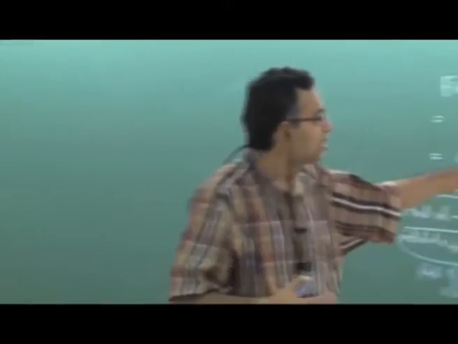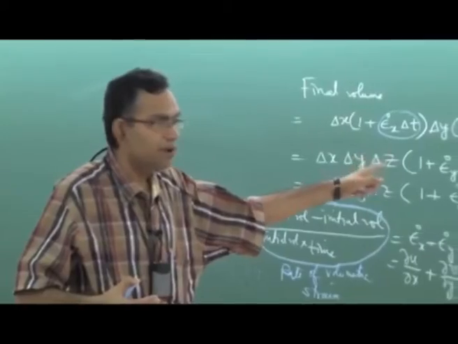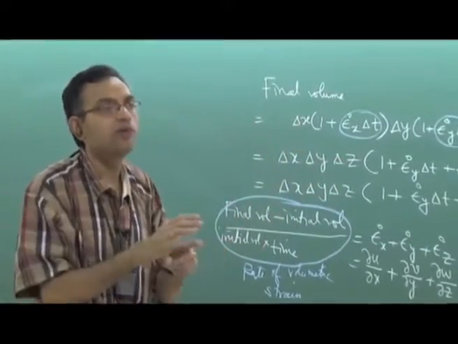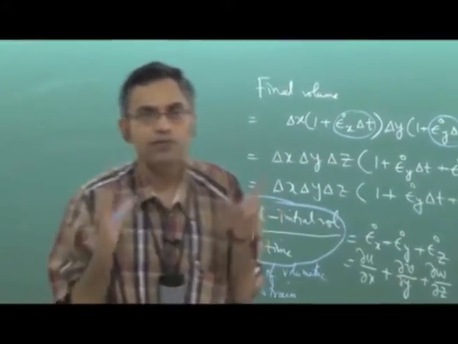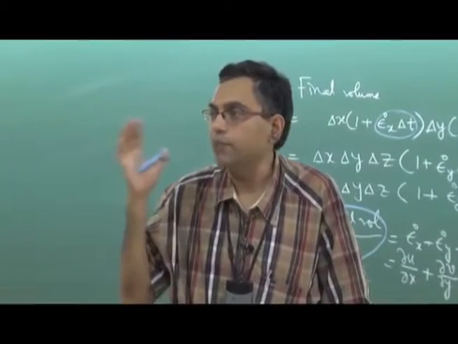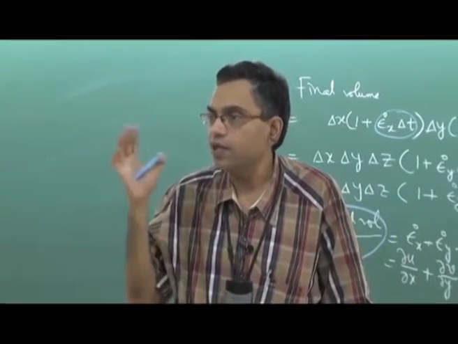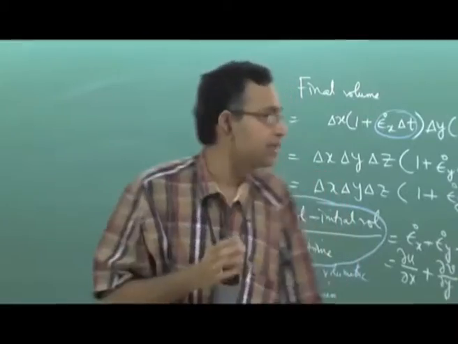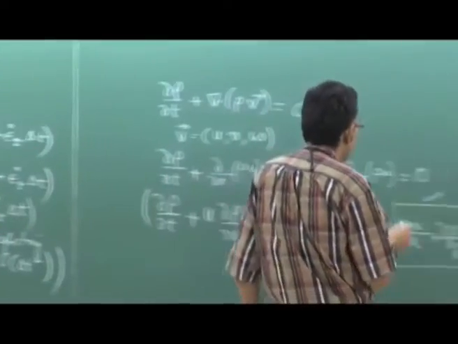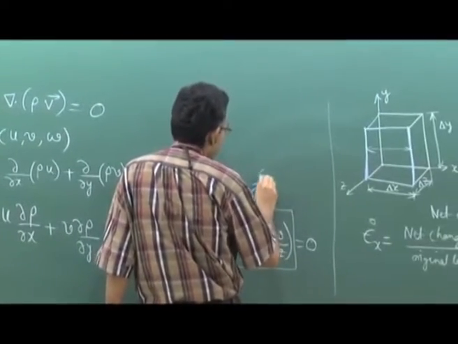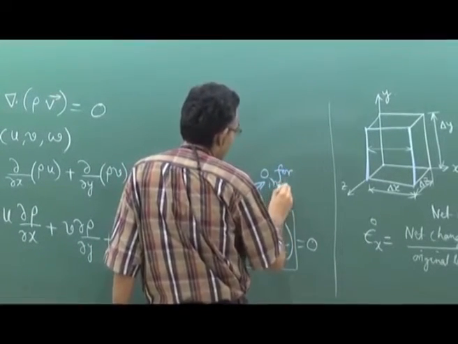So, it is purely a kinematic parameter, whereas when you are talking about incompressible fluid, you are trying to see whether density is a strong function of pressure or not. If density of the fluid is a strong function of pressure, it is compressible, otherwise it is incompressible fluid. On the other hand, incompressible flow means there is no change in volume of a fluid element. So, incompressible flow is a kinematic constraint, we have to keep this in mind. If it is incompressible flow, this term must be 0.